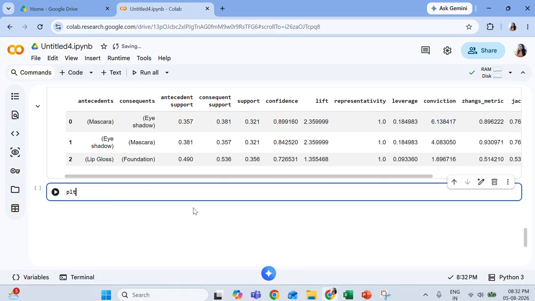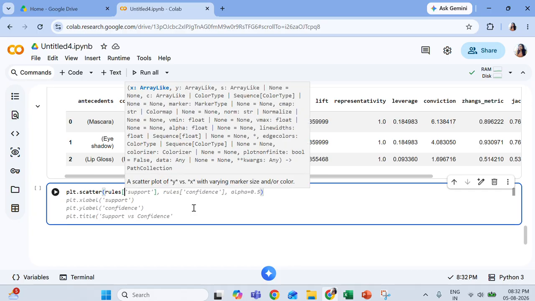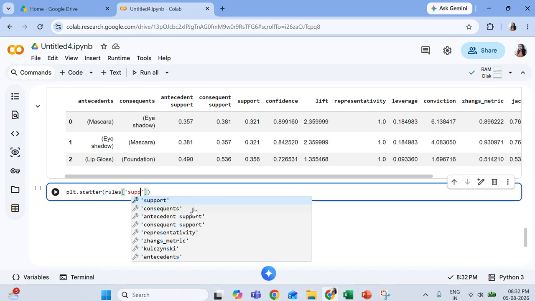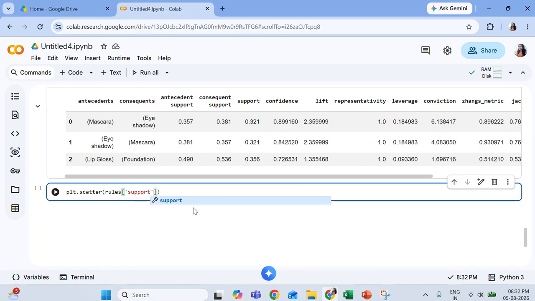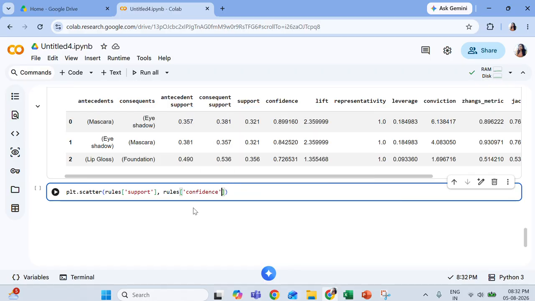Let us plot some scatter plots. We can use plt. We have already imported the matplotlib package. Now we can do different types of plots. We can make a plot of support versus confidence of the three products.